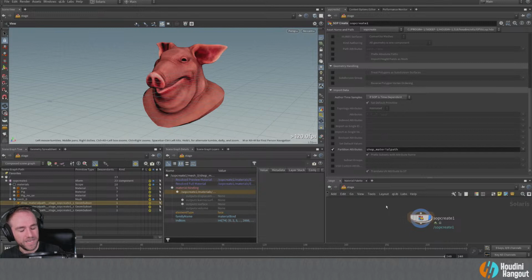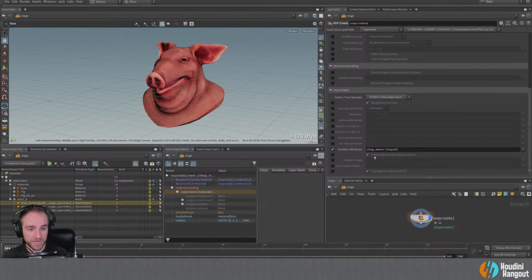I'm not exactly sure what specific use case you're talking about there, but there certainly are ways to programmatically assign materials based on, in this case, where those geometry subsets are. You can actually have it look at those and pull in shaders based on that. So there's some ways that you can do things programmatically in Solaris, but I'm not 100% sure what the question is exactly asking. I would love to know more about that so we could have a better conversation about that, but it might be possible. In fact, I'm sure there's a possibility to do whatever you're asking there.